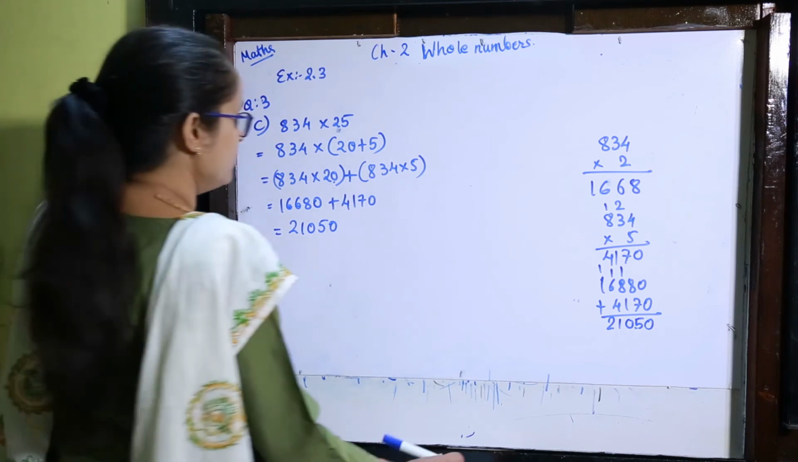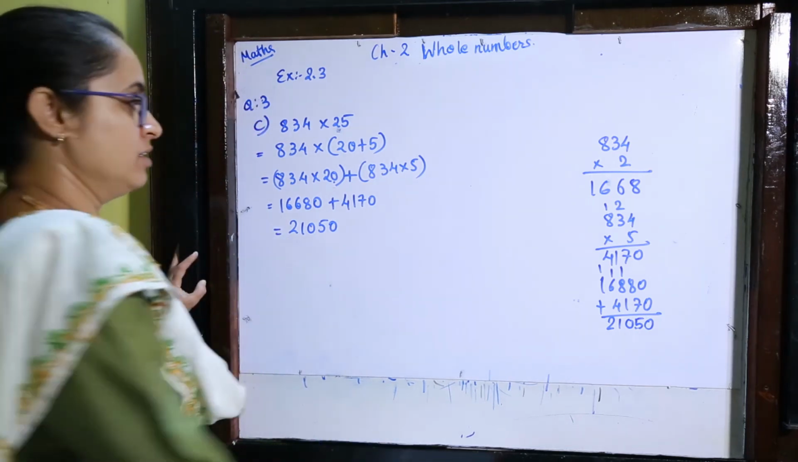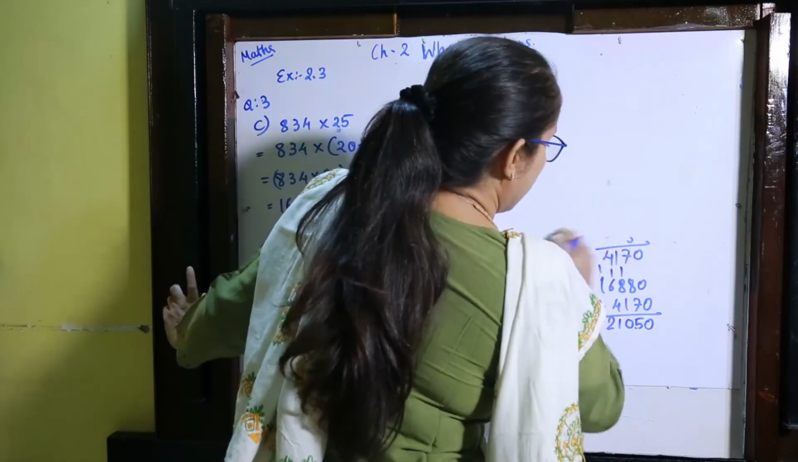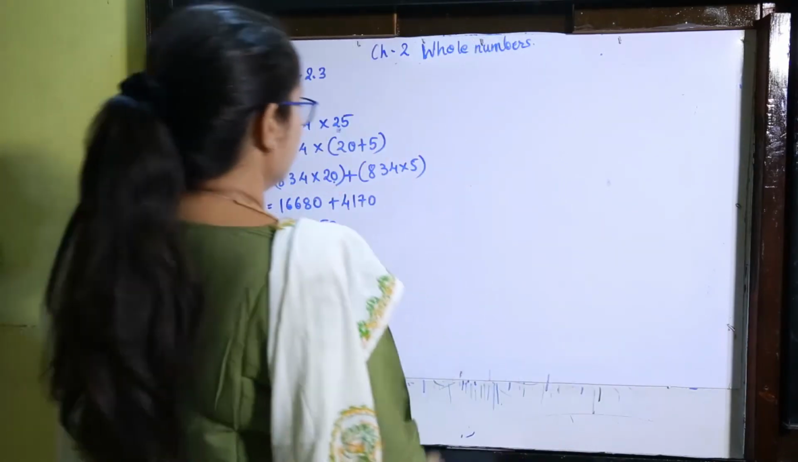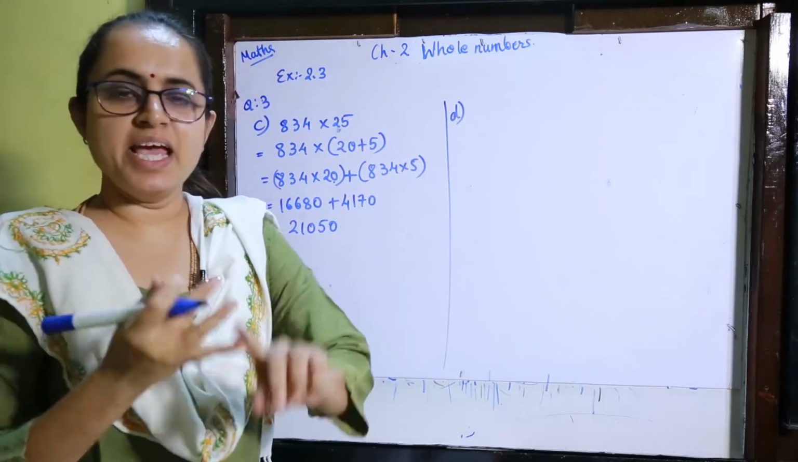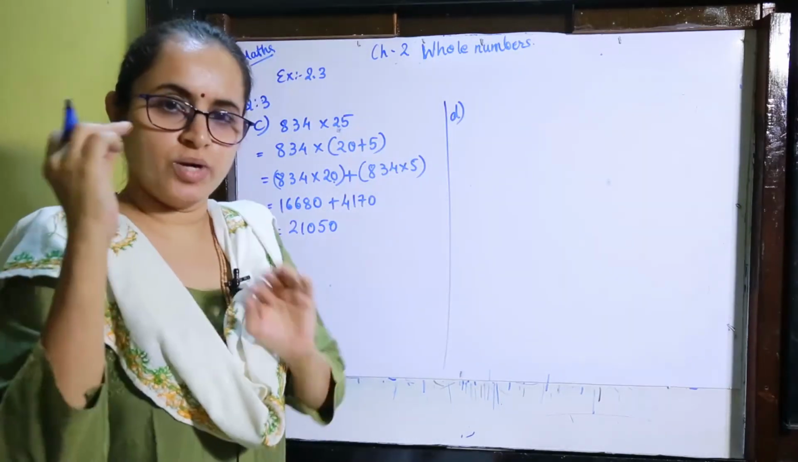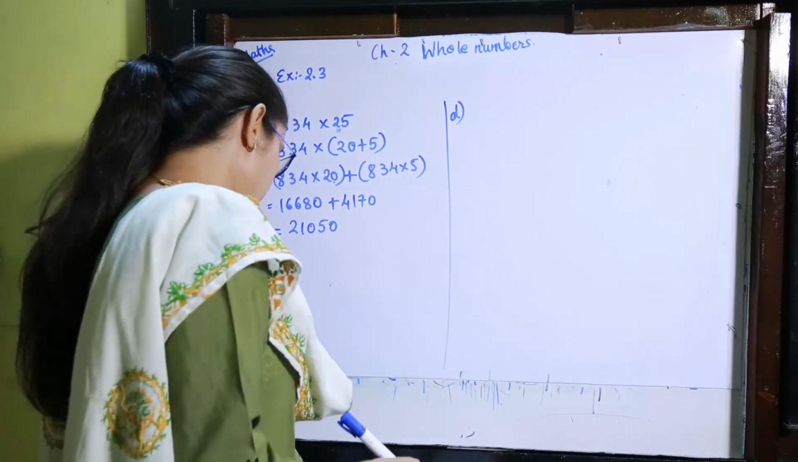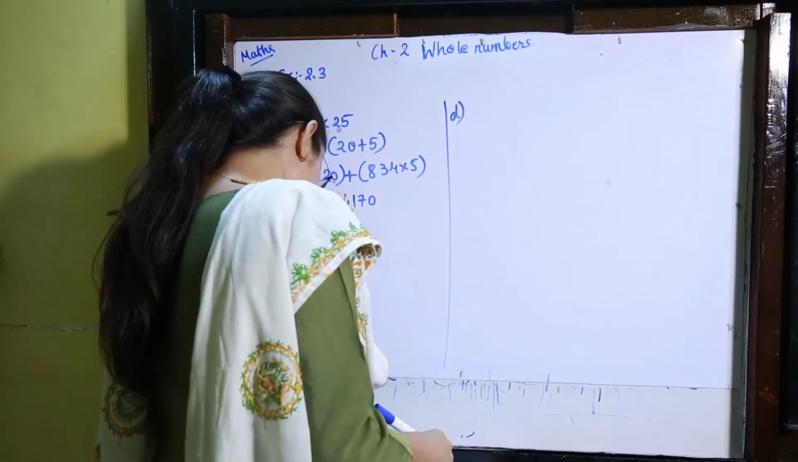Okay, now we will move on to the D part. D1. I am doing C and D, and remember, A, B and E are in your homework. You can tick the things which are given as homework. Now